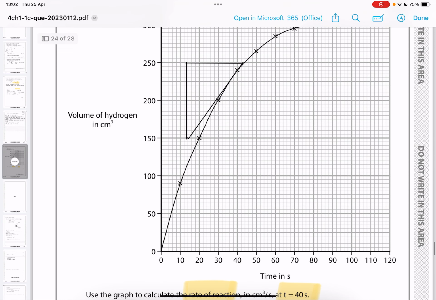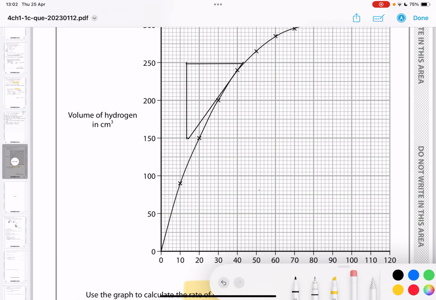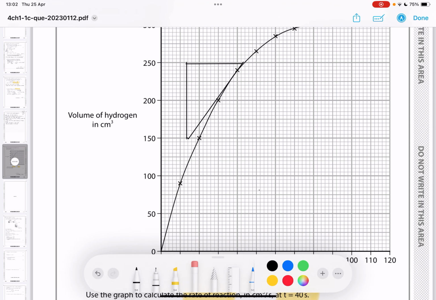Now, when you draw a tangent and you draw a triangle to work out the gradient, you need to make sure the triangle is quite big, like the size I've drawn. Not a minute triangle like this, okay? That's not enough to find the gradient. It has to be quite a large triangle, because you can get marks deducted for that. So you draw a tangent at t equals 40 seconds, and now you need to work out the gradient of